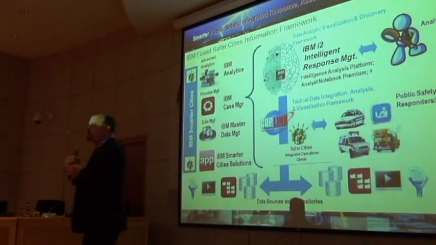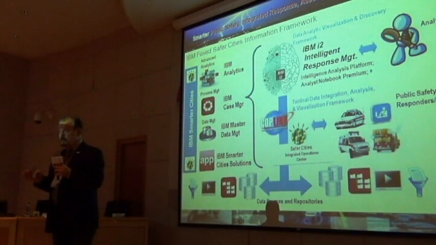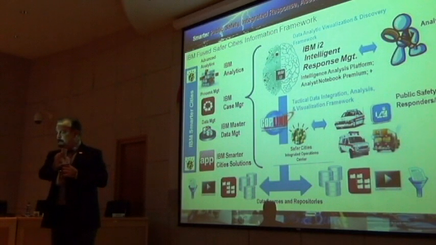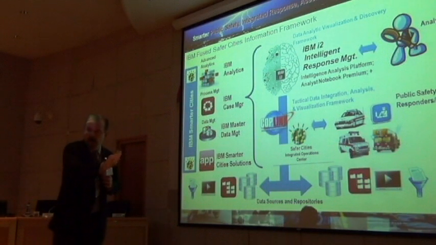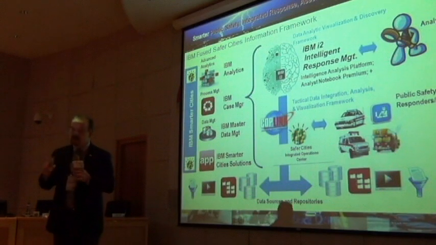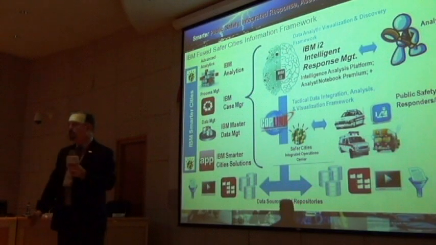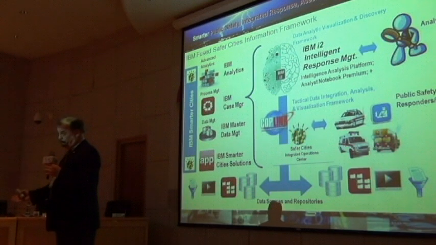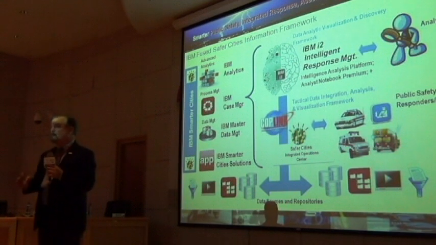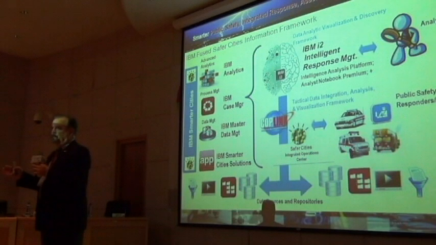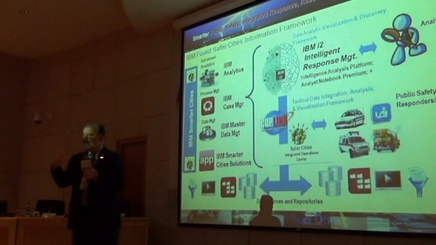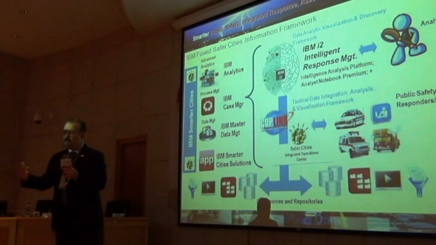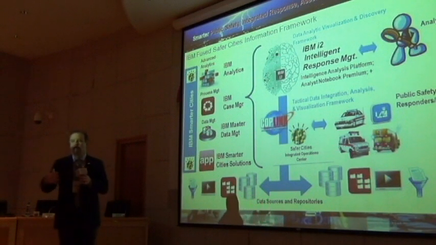So it's a lot better for someone who's exhausted, who's been up for 14 hours, to say, the typhoon hit, I have flooding here, the dam's ready to break, I need to evacuate here, here, here, here. I don't need to have that person try to figure out the areas down from the dam that I need to evacuate. Because when it really gets tough, you need help. And that's what the systems in the IBM Smarter Cities do. They help people make easier decisions. Easier, easier, easier. That's very, very important.